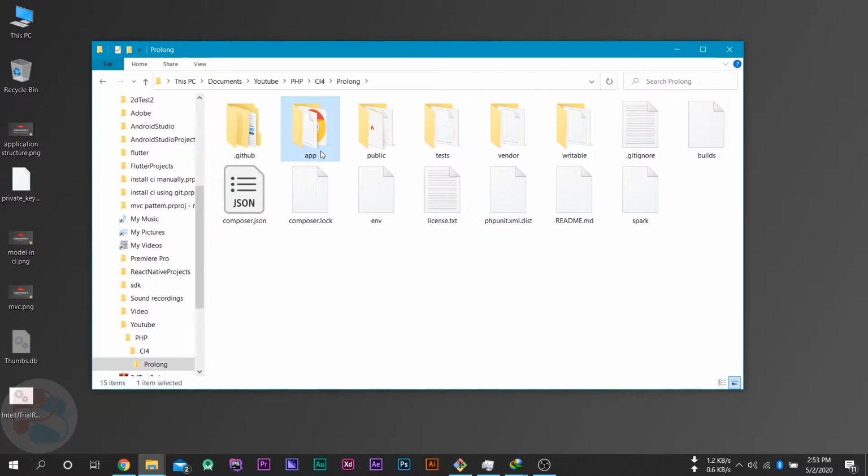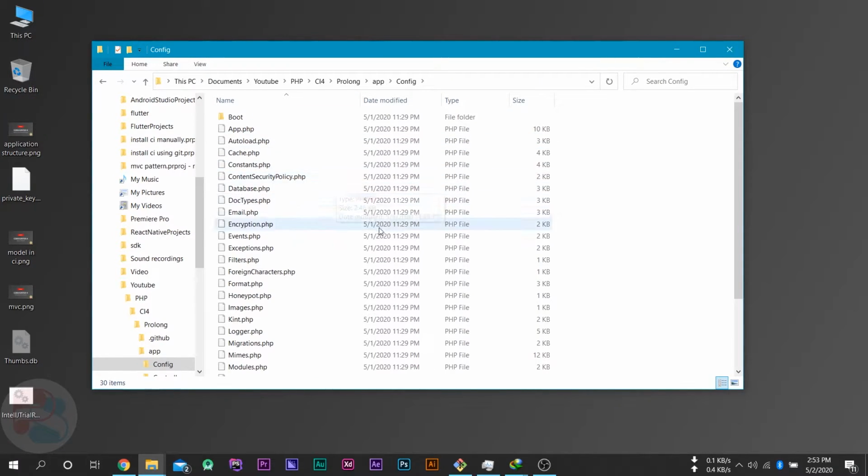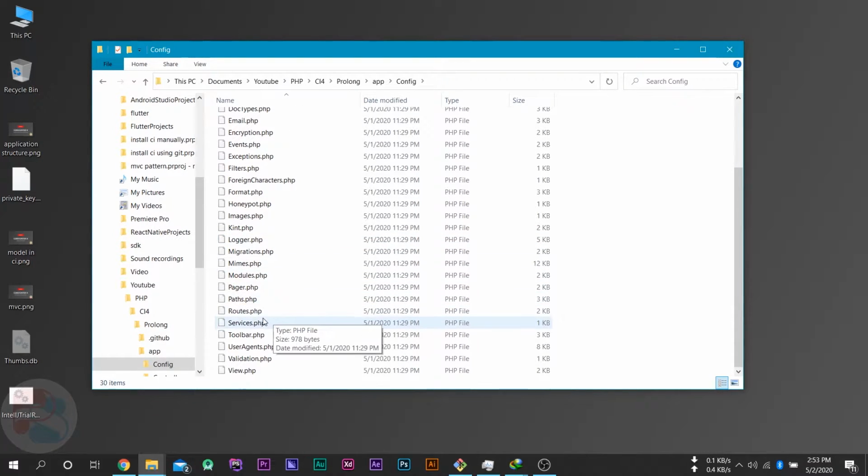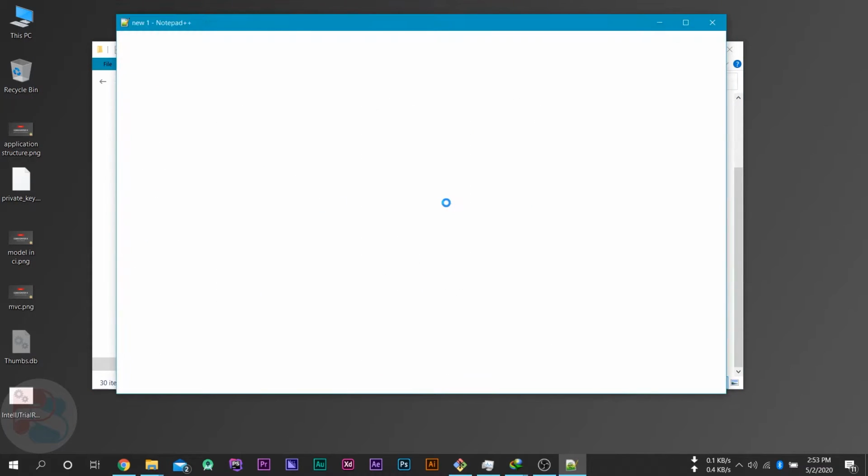The first one is the app folder. If we go inside this, there are a few folders like config, controllers, etc. The config folder will contain the configuration for our project. For example, if you want to specify some routes, then you will go inside routes.php and add or update your routes.